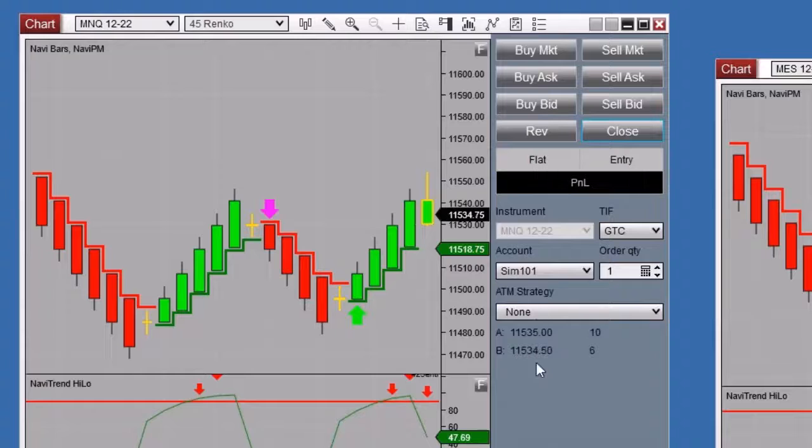All right, so that's the NinjaTrader platform. I will do some future webinars on NinjaTrader. We'll talk about some other order types, but those are the main